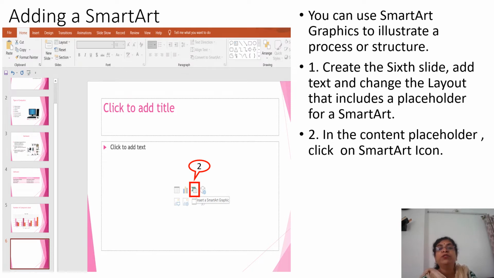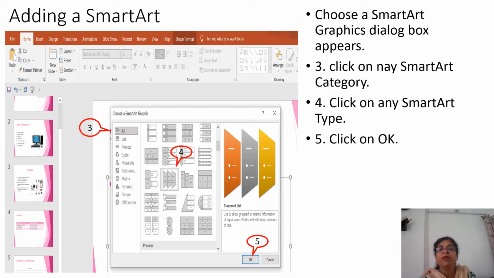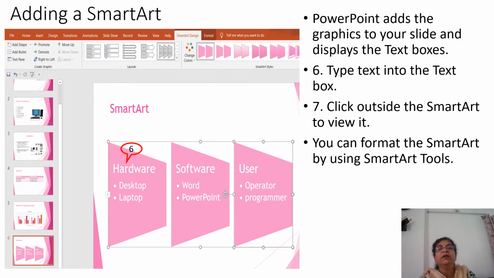Okay, so the smart art option is also here. Whenever you click on this, a smart art dialog box will get open. In this, it will show you many smart art options. On that, you select whatever you want and click on OK. So accordingly, the graphic will get inserted and you can write the data in that. It will show you the text, how it is inserted, and you can insert the data in that. Okay. Now after that,